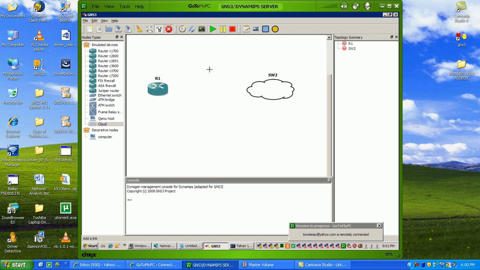What I'm going to do first is right click on switch 2 and go to configure,